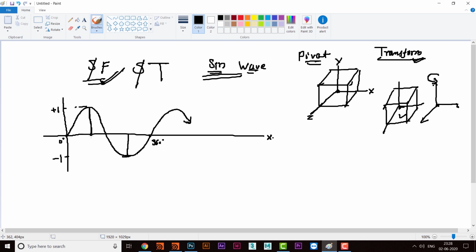This is the distance which is covered on one side, and this distance is called amplitude. And the number of waves covered in 1 second is called frequency. So that is what we are going to cover today.